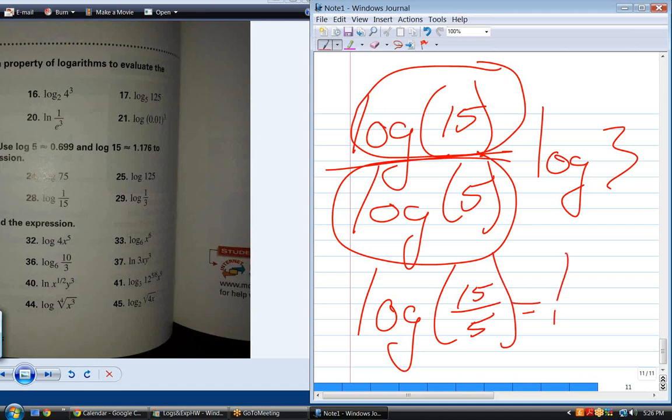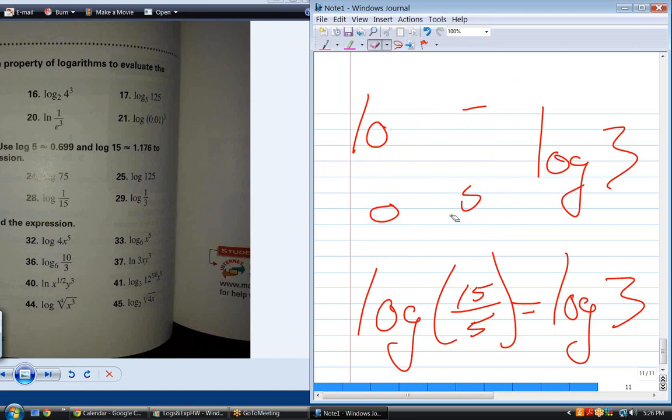That equals the log of 3. Okay, you with me? The difference between what I've got up here, log divided by log, is not the same as log of two numbers being divided. So I think you wanted to say this,